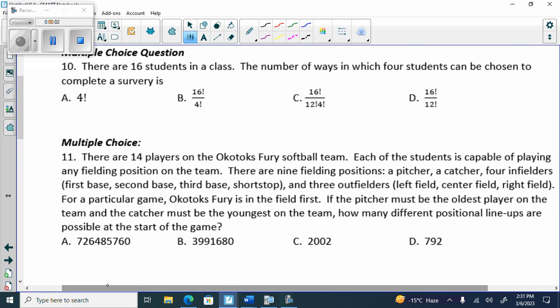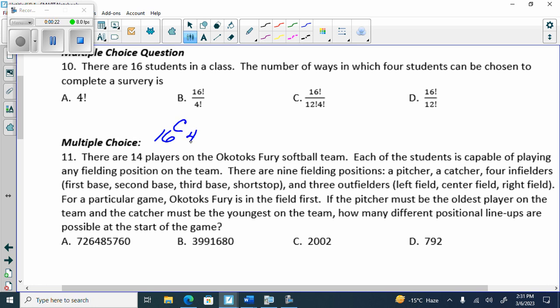There are 16 students in class. The number of ways in which 4 students can be chosen to complete a survey. Is the survey any different for any of them? No. So we would have